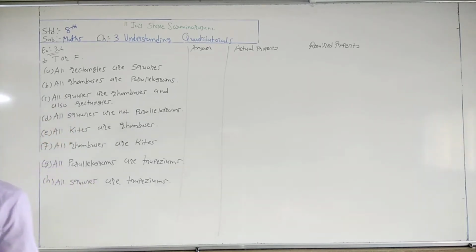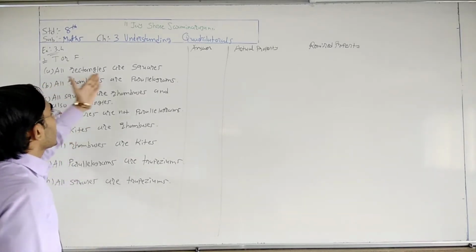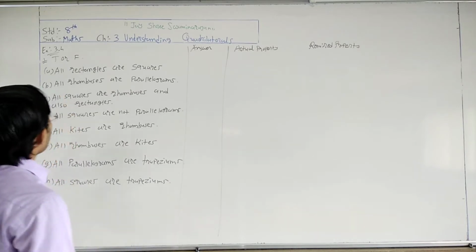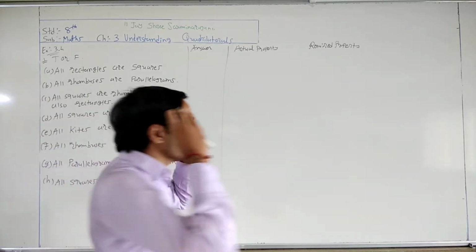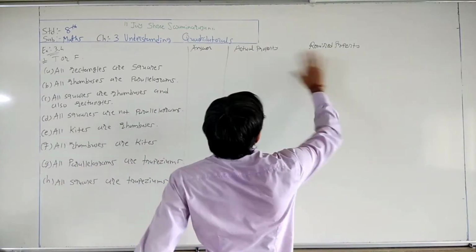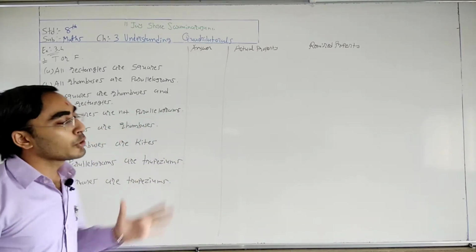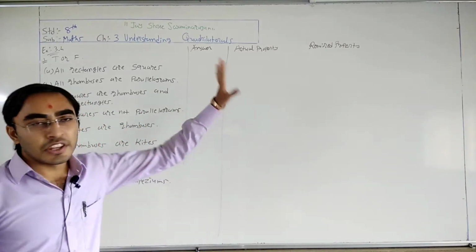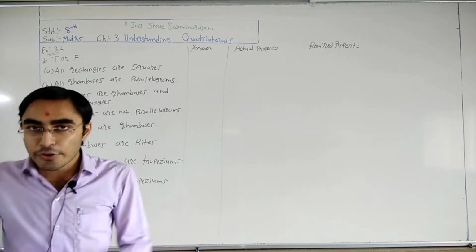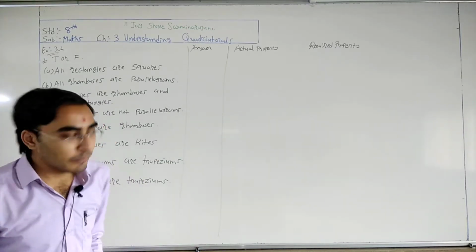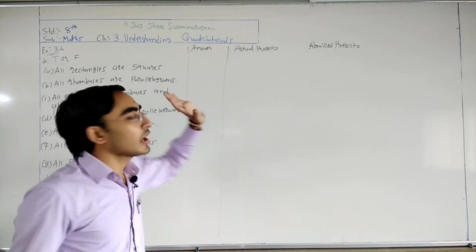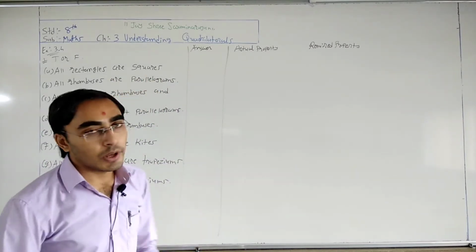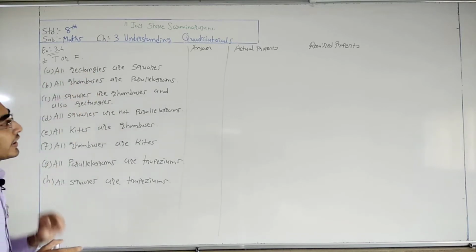First of all, question number 1. Our first question is, all rectangles are squares. We divide our thinking into two parts, actual property and required property. What the required properties are and what the actual properties we have. If both are the same, then we can say this statement is true, and if not the same, then false.